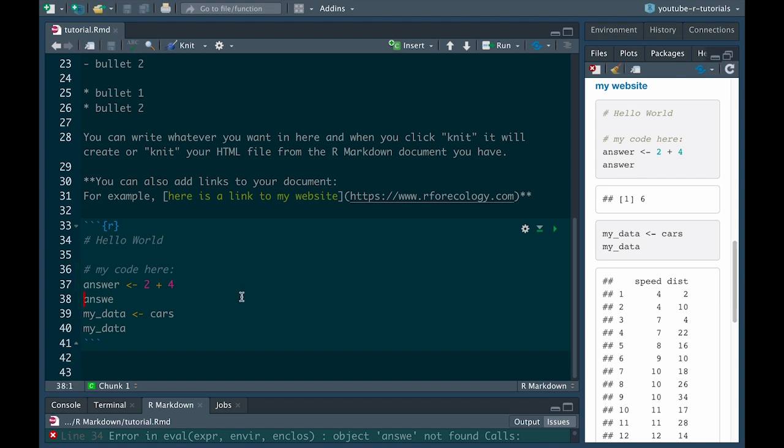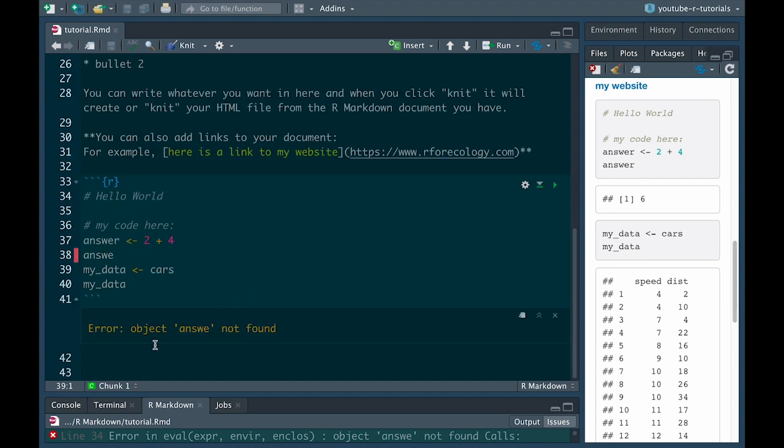There was no output with Hello World, and it kind of just skipped through this one and then this one. It went all the way down to the first line of code that actually did something. When that line of code runs, nothing actually happens because there's no output. But then when we run this next line of code, boom, we get this error, object answer not found. That's an error. Let's put that R back in there. Now when we run that line, there you go, we have the output.